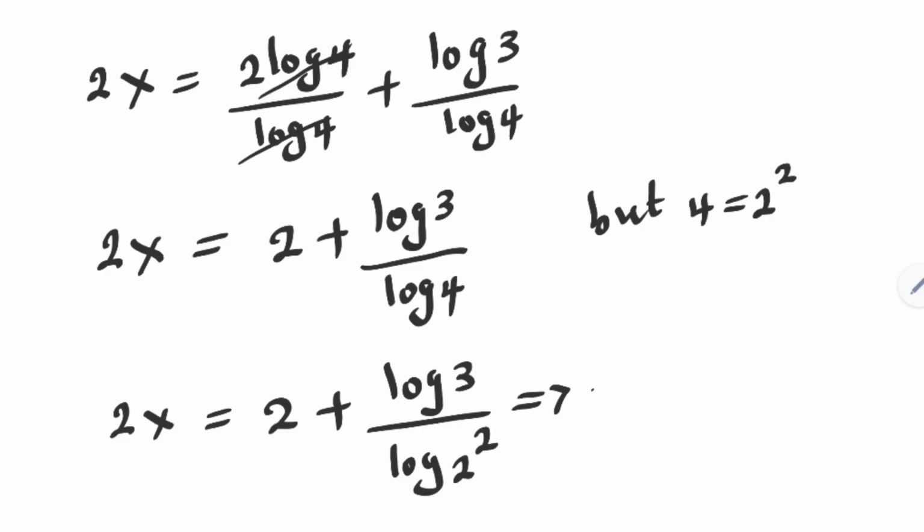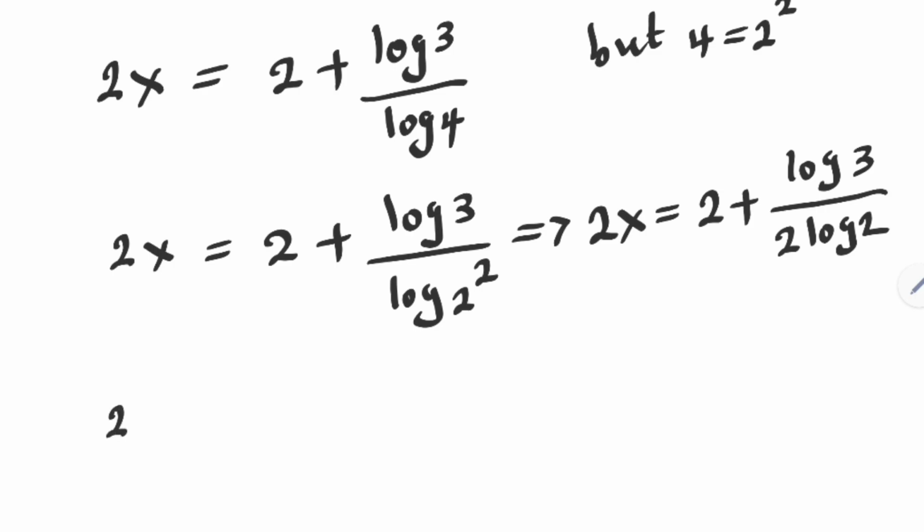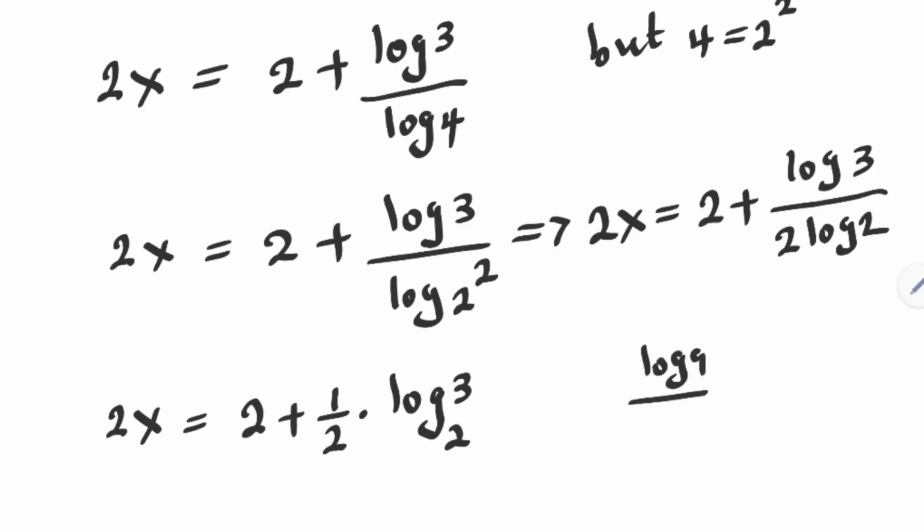And this can be written as 2x is equal to 2 plus log 3 divided by log 2 square, which can be written as 2 log 2. 2x is equal to 2 plus, we have 1 over 2 multiplied by log 3 over log 2, which can be written as log 3 base 2, because if you have log a divided by log b is equal to log a base b,